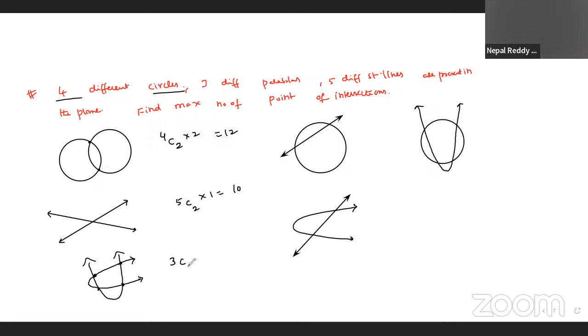If a parabola and a parabola intersect, then the maximum number of intersections is 4. Therefore, 3C2 into 4. Next,